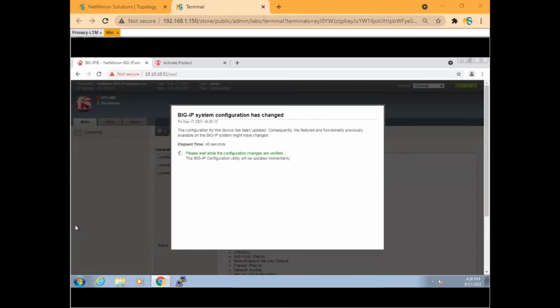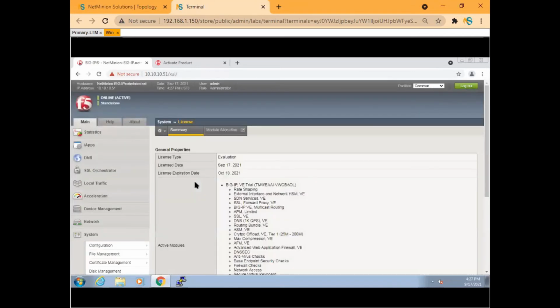Sir, I just wanted to ask you, we have generated three keys. So any one we can use in the license, right? Yes, you can use any. For 30 days, you can use any. I just used one of them. Okay. So you can use any.